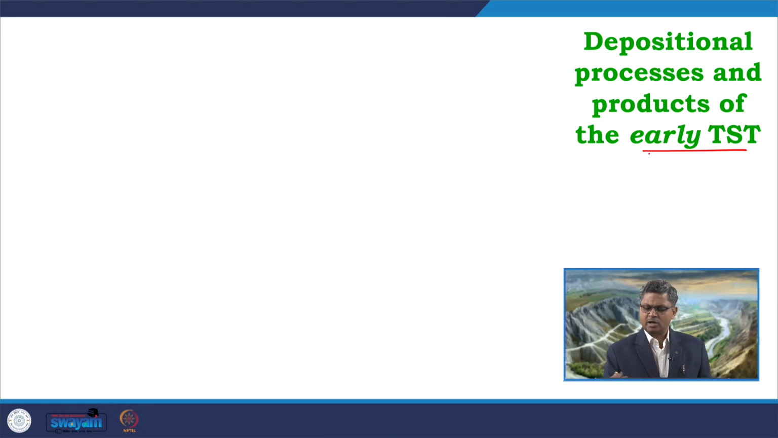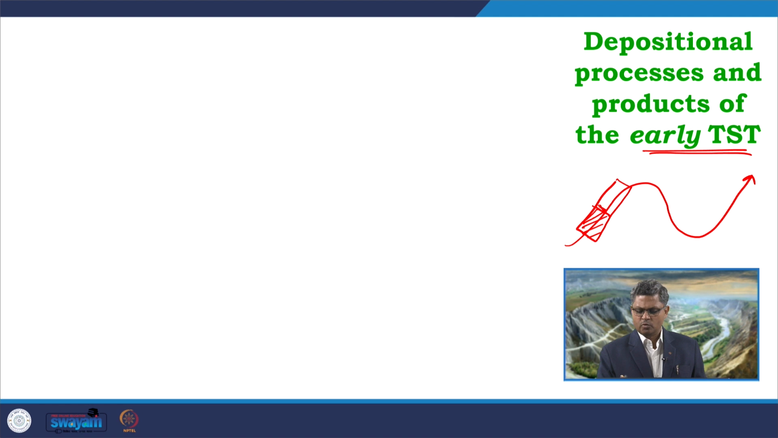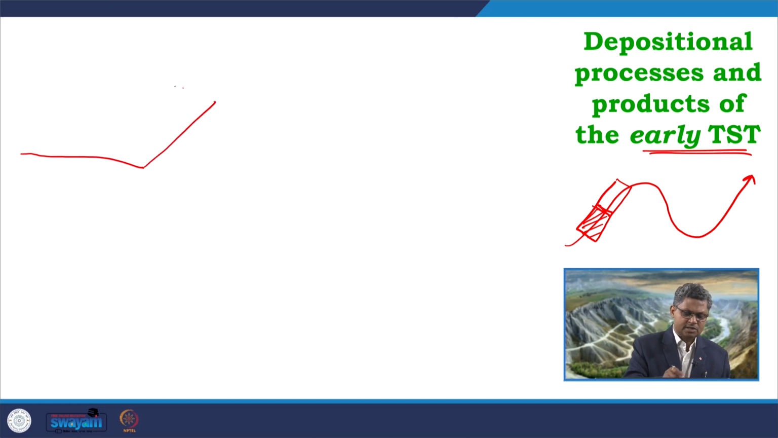So, when we are talking about the early phase of TST, say for example, if this is the base level curve, if this is the entire transgressive phase, then we are looking at this much of area, this much of part of the transgressive phase, which is the early phase of transgression. So, during this early phase of transgression, what are the possible changes, what are the possible conditions? So, if I look into the fluvial part, say if I want to draw a simple basin diagram,